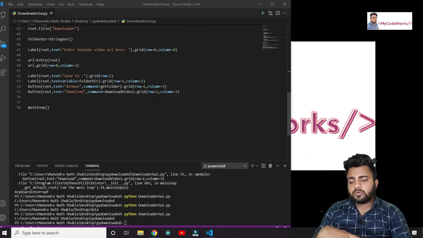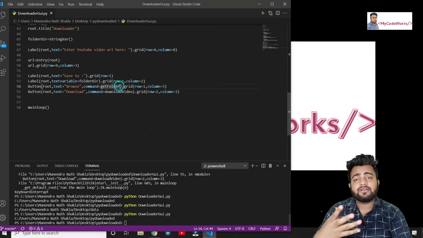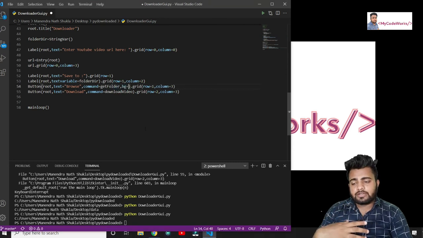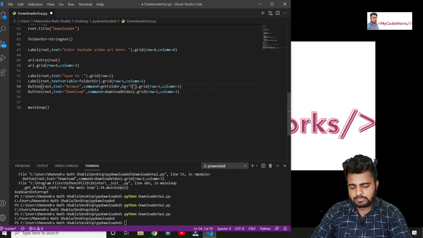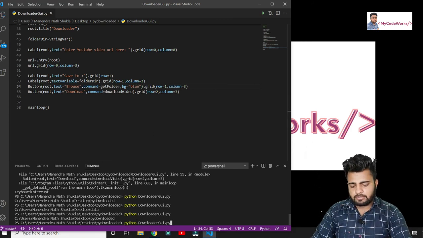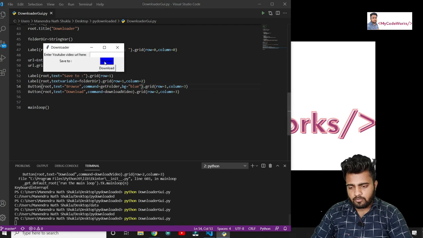And one more thing guys, it's an assignment for you guys, how we can give color to the button, right. So for that, I will show you a simple thing, right. So we have the button, right. In that we simply set the background to some different color, right. Simple, I can say blue, right. I can say blue. Let me run it once.